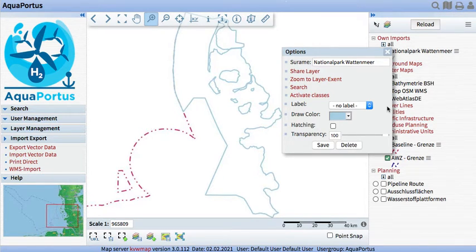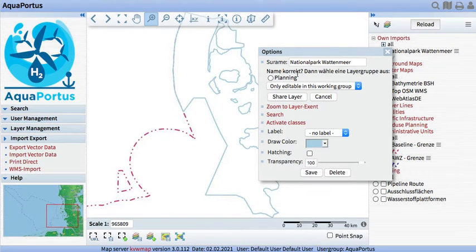But now when you want this layer to be visible for other users, you have to share it. Use this button Share Layer, then check the name again and select a group. Currently we have only one group where you can share the data, and you decide how to work with the data: everyone only readable, only editable in this working group, or editable everywhere. When I choose only editable in this working group, only in this working group can you edit the data. So then share it,